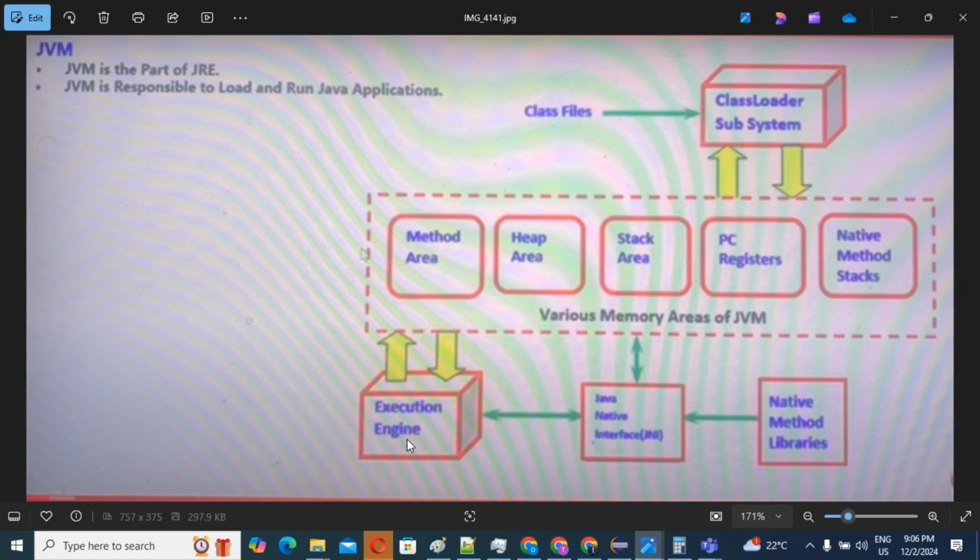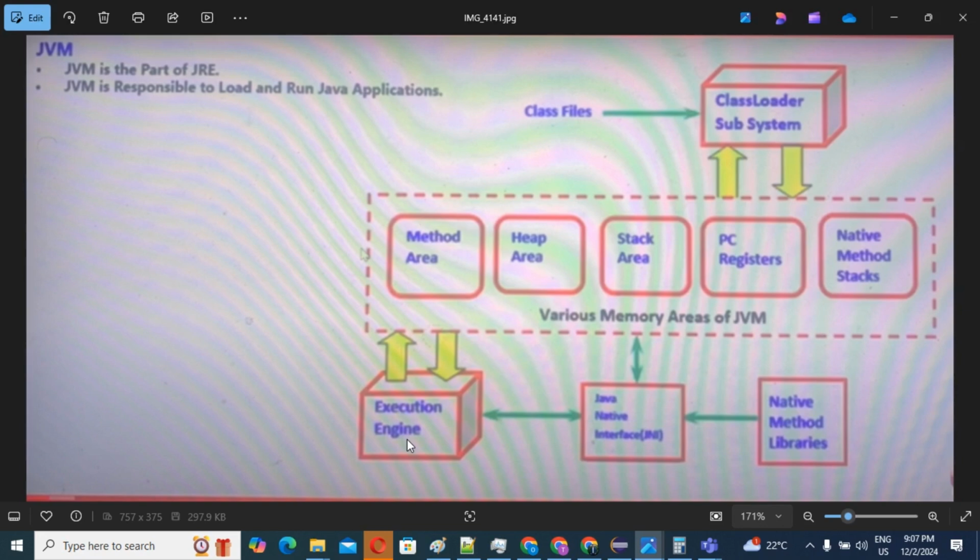After that, you have native method, the Java native method, as you can see here. So what is a native method? Sometimes they may ask what you mean by native method. It is a method which is not implemented in Java. The method is implemented in another language like C or C++. Such a method is known as a native method. For example, hashCode and the clone method are implemented in a different language. That's why we can say this is a native method.